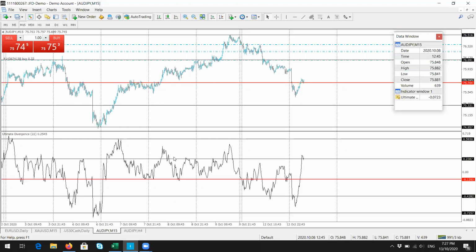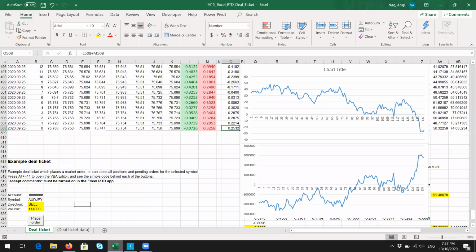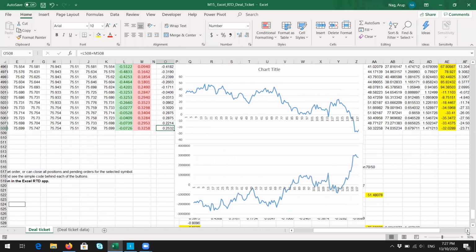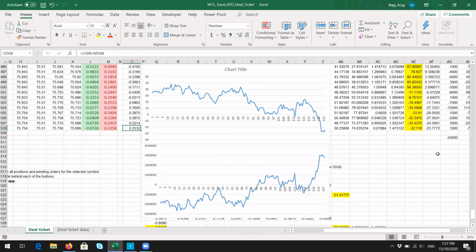There are certain calculations and overall philosophy based on which I devised a strategy, and I'm struggling to back test it. I'm somehow trying to forward test it live, but it's still very difficult without any automation. So what I was looking for was something like, okay, to make it a little bit more understandable,